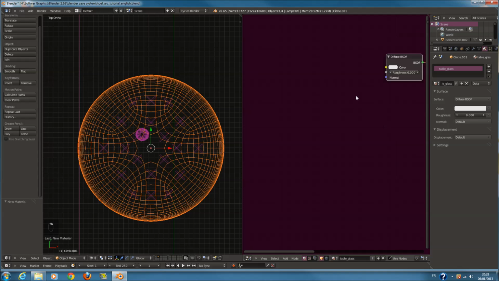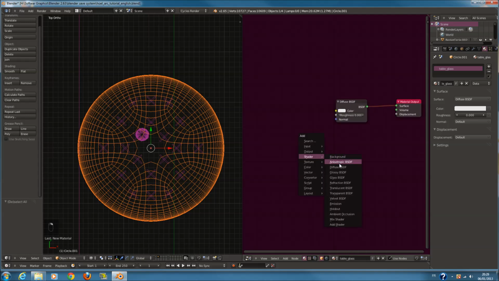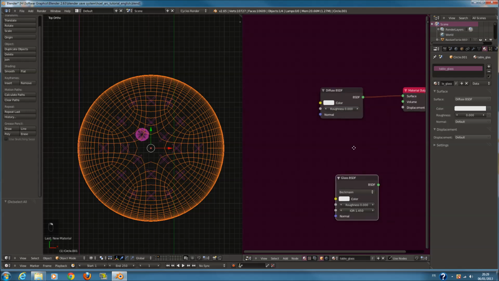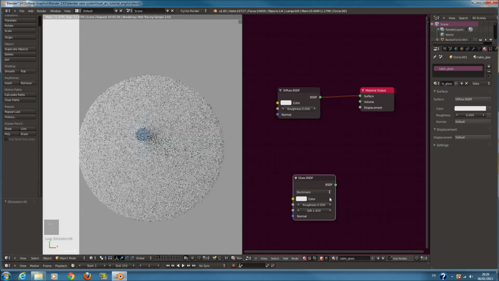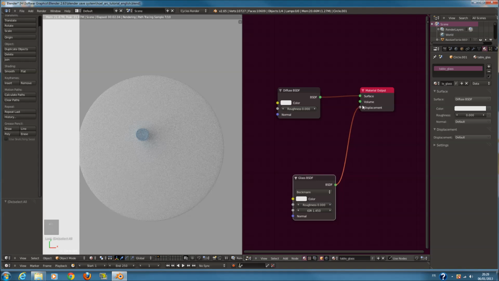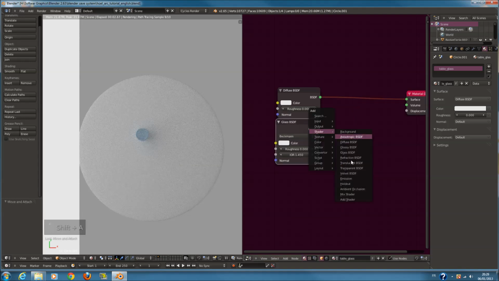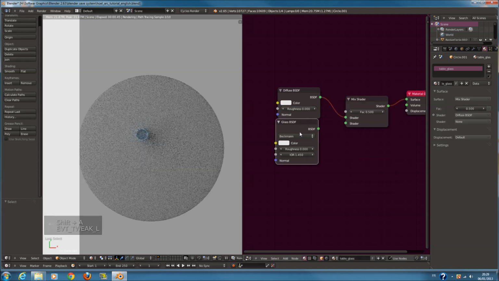And select this, return to the node editor, and we don't want a particular texture, but we want a glass effect. So render it this, move this, add a mix shader,